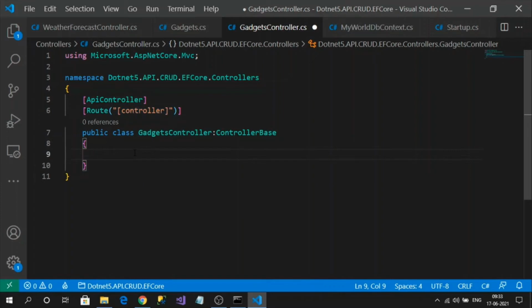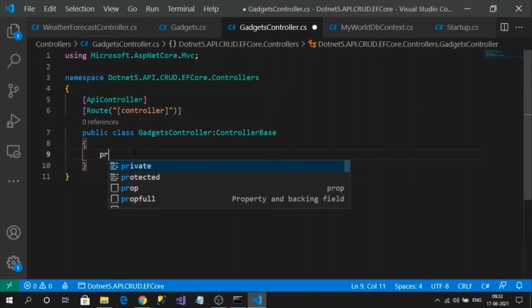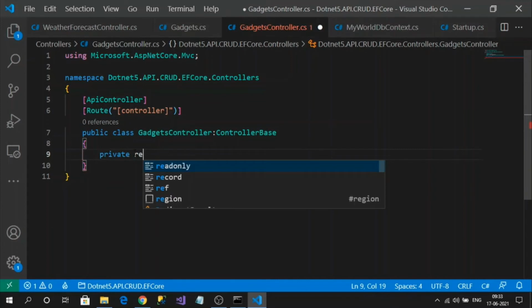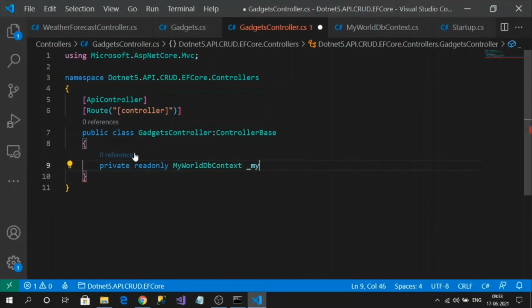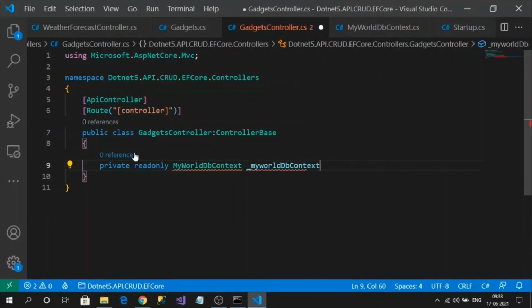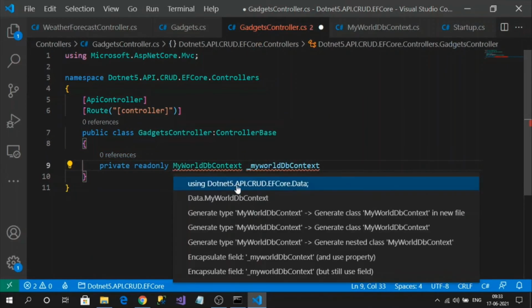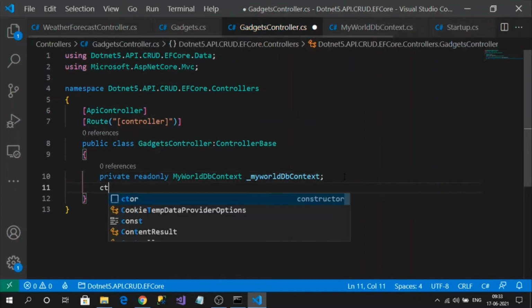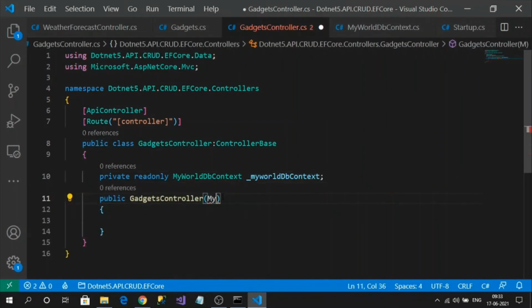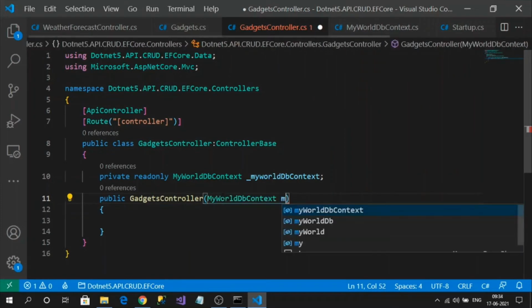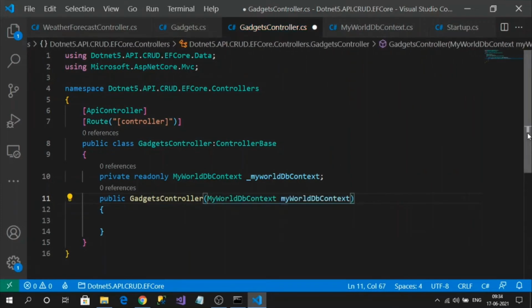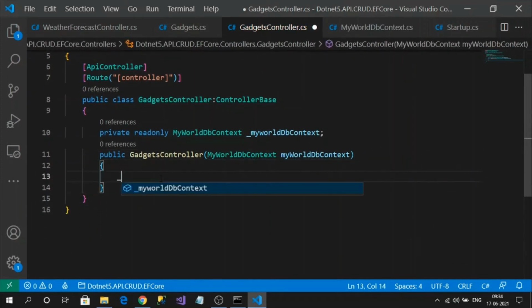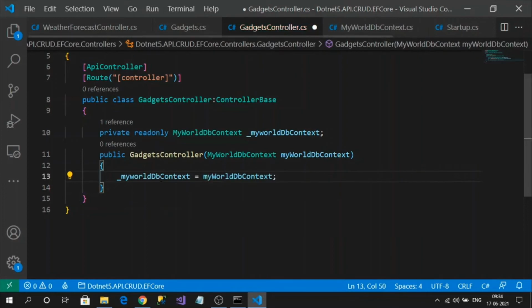Okay, so now first inject our database context into our controller. Okay, we have injected our DB context into our controller.